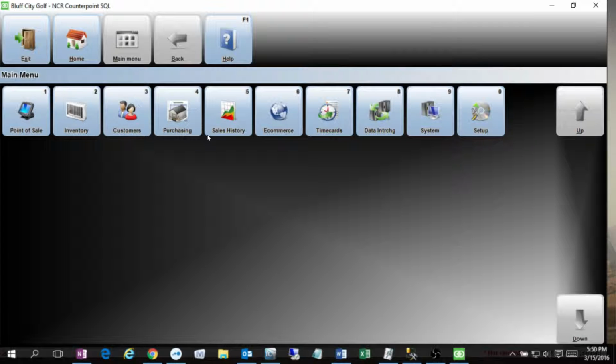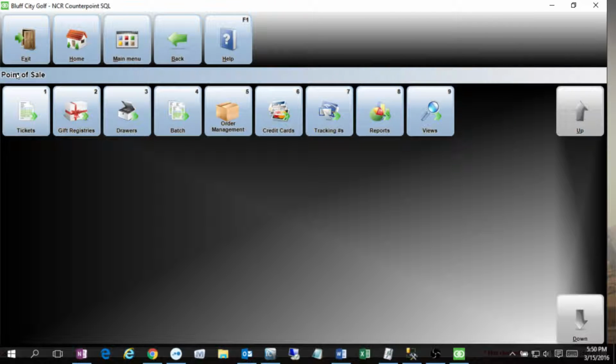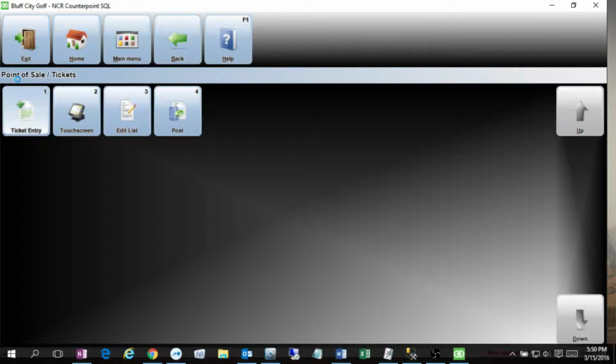Alright, so the first thing I want to take a look at is how we log into the touchscreen ticket entry so we can see how the settings look before we configure the workstation. So if we go to Point of Sale, Tickets, Ticket Entry,